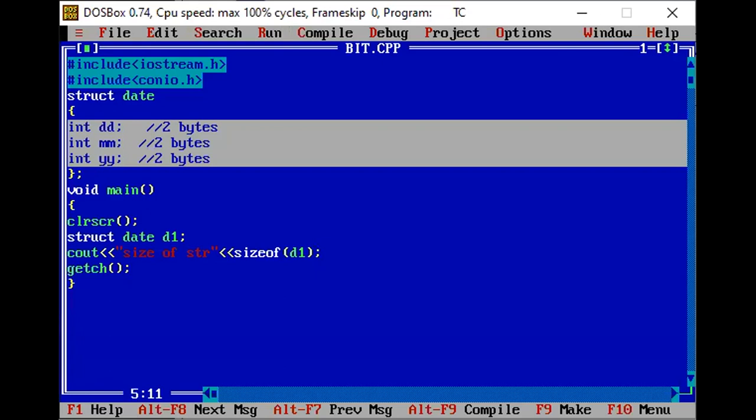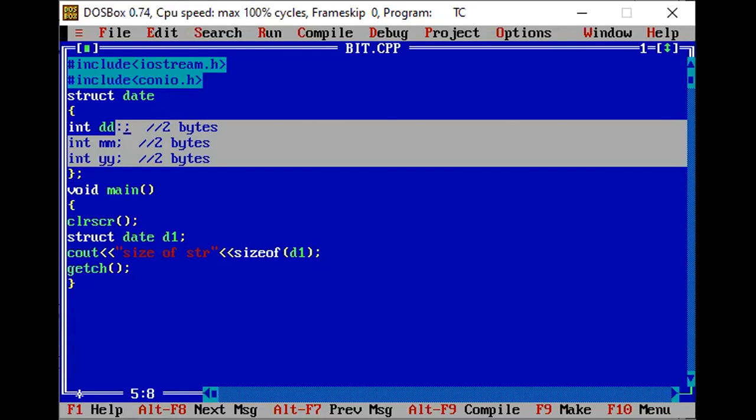Now coming to the concept of bit level field. What is bit level field and how will we define it? I said in the syntax, in the bit level field, firstly you will define the data type, then the name of the variable, then one colon sign, then the width.